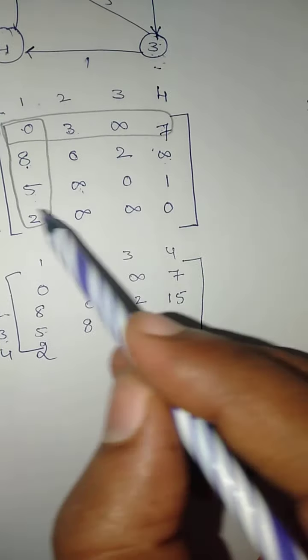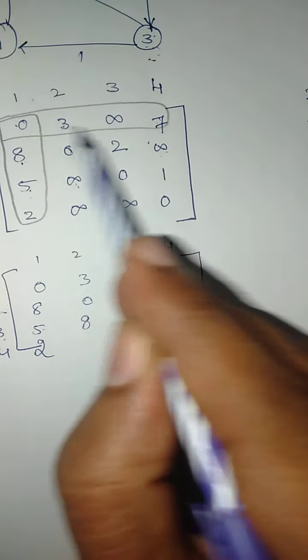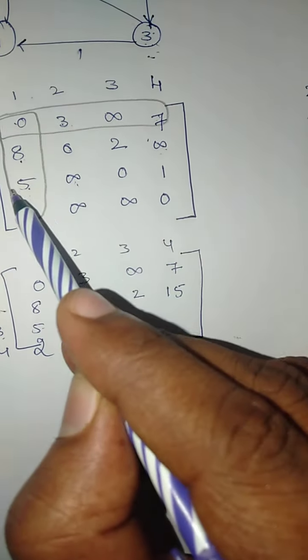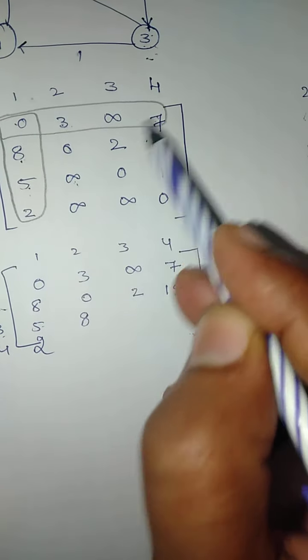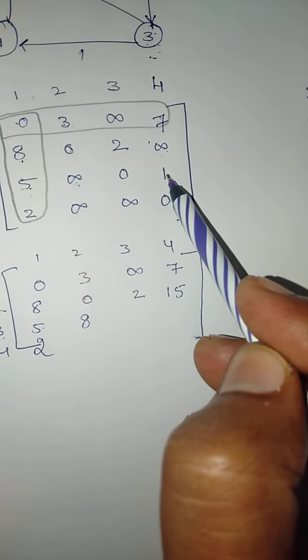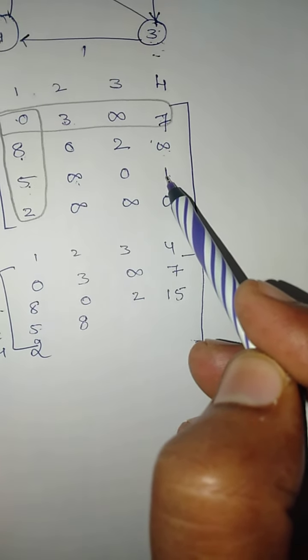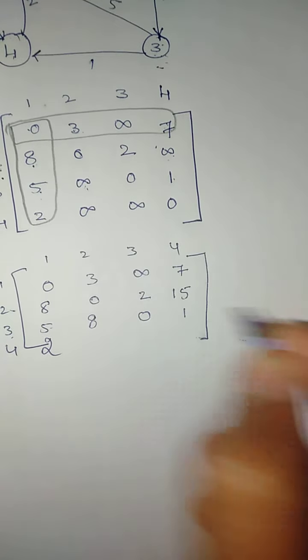Okay. Next, coming to 3 to 1, 1 to 4. So it is 12. 3 to 1 cost is 5, 1 to 4 cost is 7. Therefore, 3 to 4 the cost is 12. However, we have a better path, that is 1. Therefore, we will retain 1 as it is and this 0 as it is.